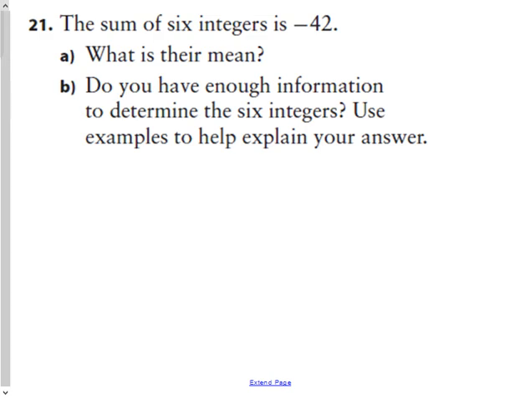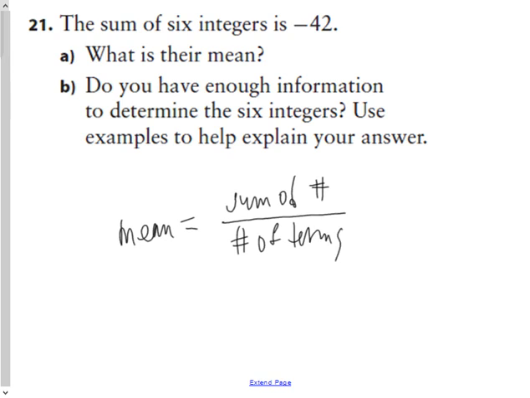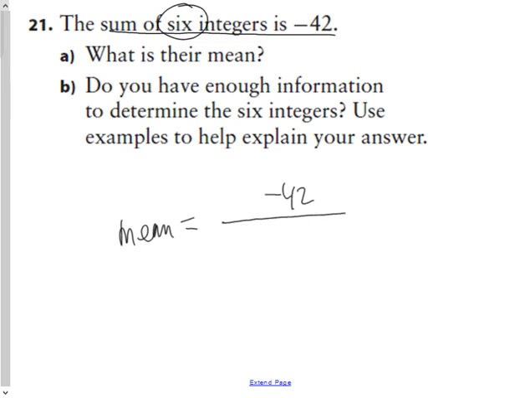Question 21. The sum of 6 integers is negative 42. What is their mean? Well, in order to know what the mean is, the mean formula is the sum of numbers divided by the number of terms. And that's how you get the mean or the average of something. So if I know that the sum of the integers is negative 42, then the sum of the numbers I can erase up here, and I can put, since it told me, negative 42. And since I know the number of terms, according to the preamble, is 6, I can put a 6 there. So if I think about negative 42 divided by 6, that is going to be negative 7, which means the average, or the mean,